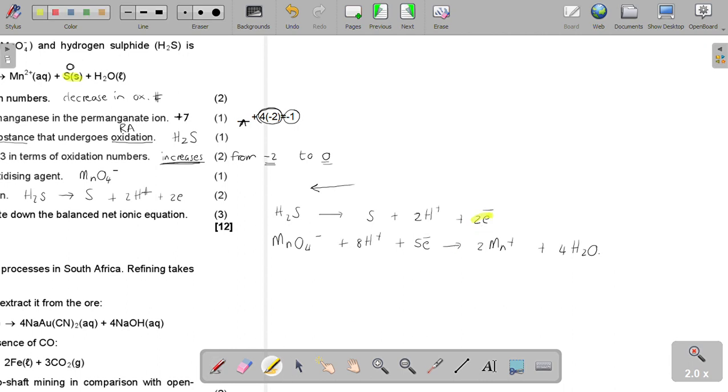So the problem that we have here is that our electrons are not balanced. Die elektrone is nie gebalanseerd nie. So, ek is seker julle almal sal kan sien, dat ek hierdie ene gaan wil vermenigvuldig met 5, en hierdie ene gaan ek wil vermenigvuldig met 2. So ek gaan hulle sommer net nou hier byskryf, so dis 5 van daai, 5 van daai,